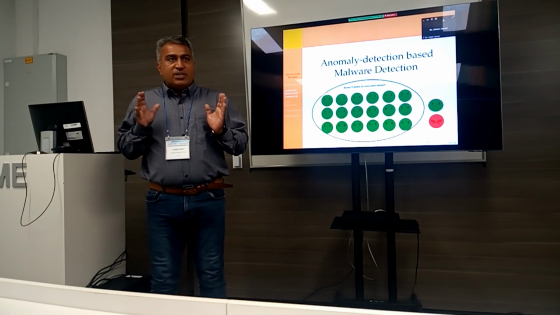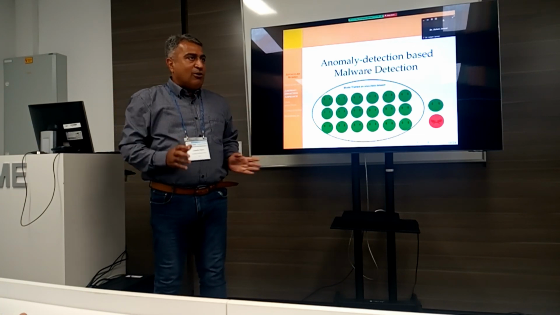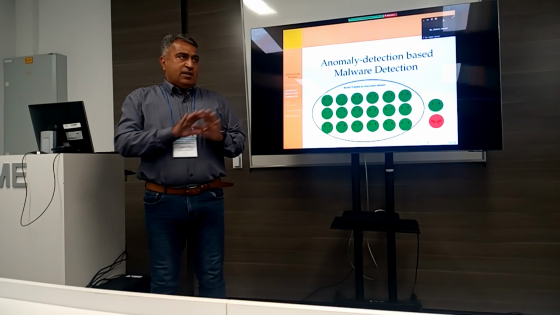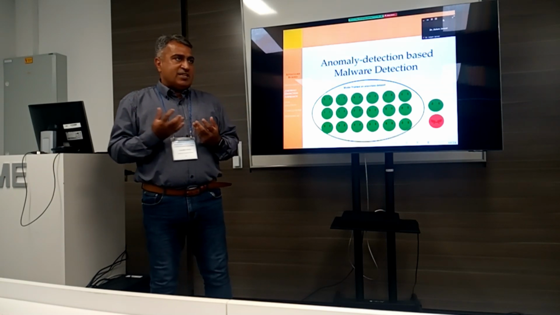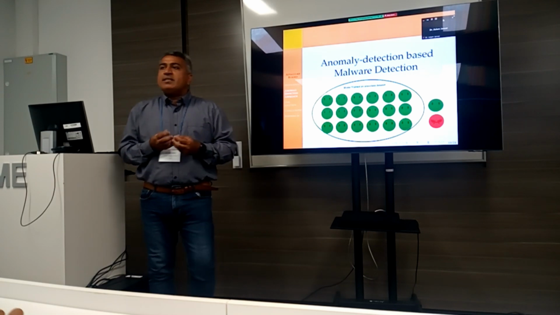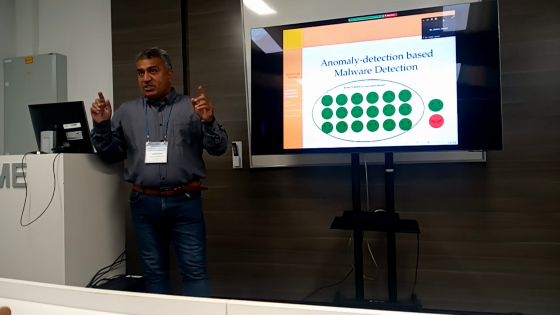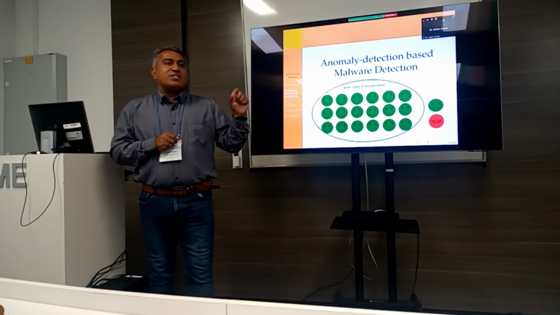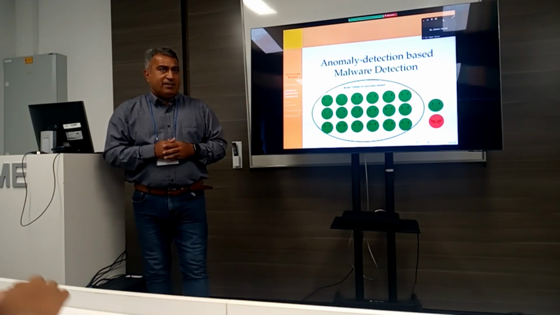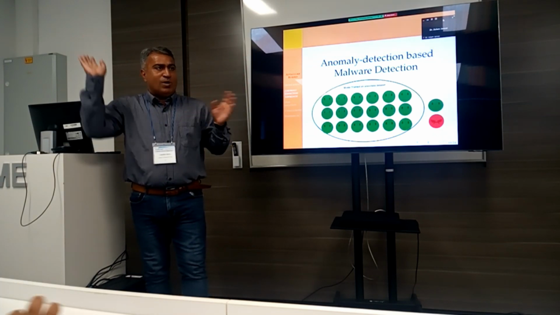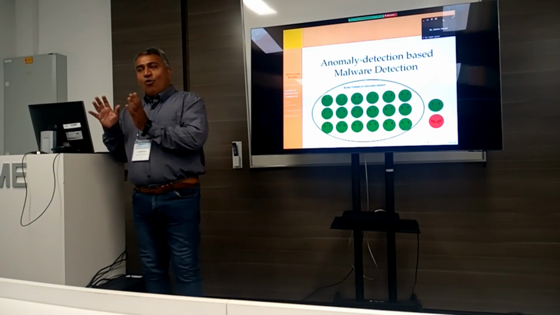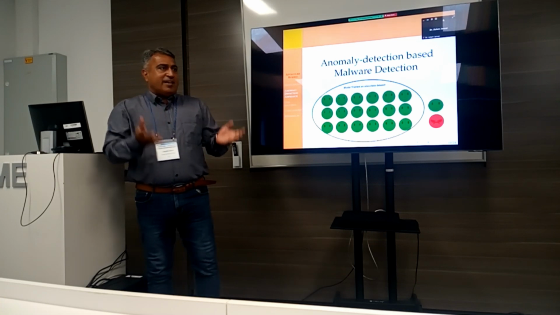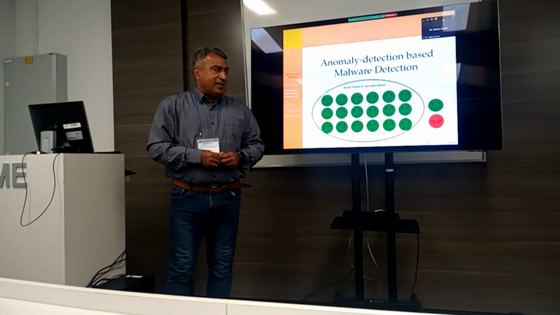I'm an ordinary user. I believe what I'm downloading, for example, is all positive, so it's like anomaly detection based malware analysis. What is anomaly detection? Anomaly detection means training your machine learning classifier on only the positive data. I don't know about any category of malware, spyware, ransomware, whatever. I know only the benign data, and I want to train my model only on the benign data, and this training model will be a very simple thing.